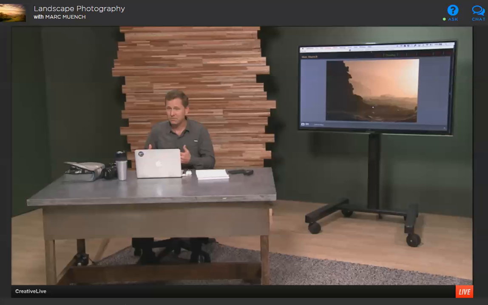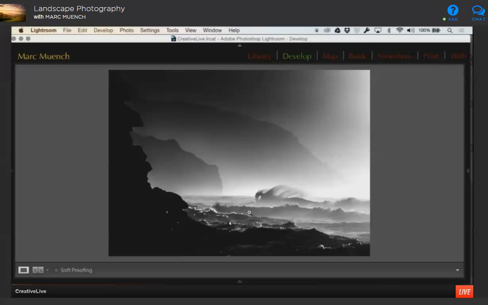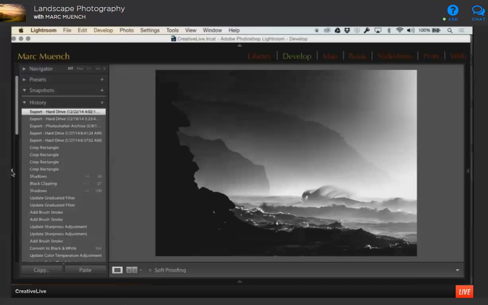Especially the composition. In this case, it's just the fun part of the wave. And so here, I'm going to go to the black and white picture that converts, and you can see the radical change that it's made, and you can start seeing hopefully some of the things I've been talking about, the masks. So I'm going to open this one up in the develop module and show you guys some of the steps that I made. So if I go way back to the beginning